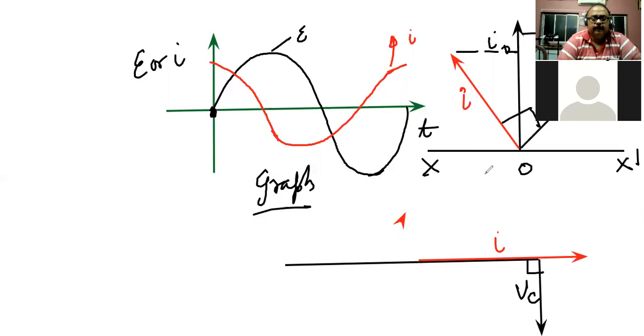So this is the phasor relationship. This is the phasor graph, phasor diagram, or sometimes we call it the Argand diagram of a pure capacitor. So we have seen this is the concept. Unlike the inductor, in the case of a capacitor, potential lags current by pi by 2. So this is very, very important. You must